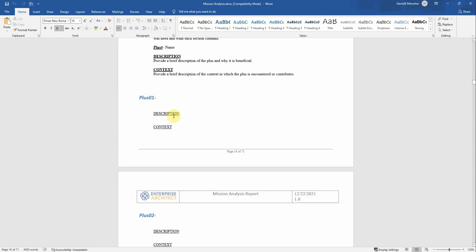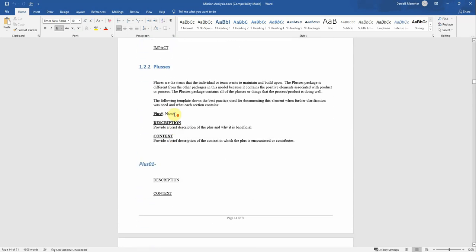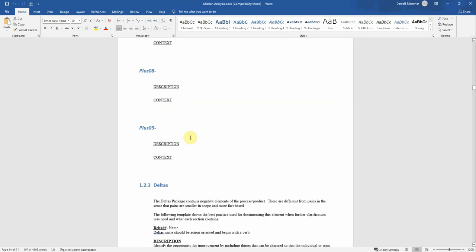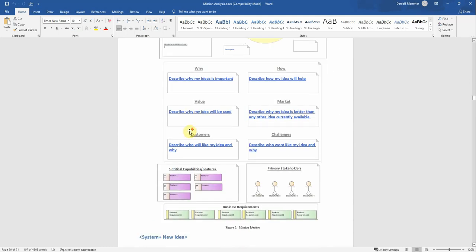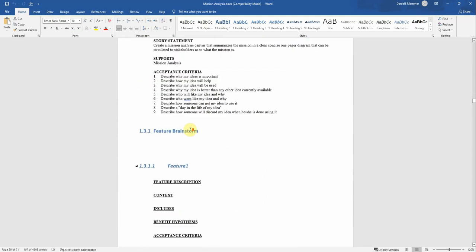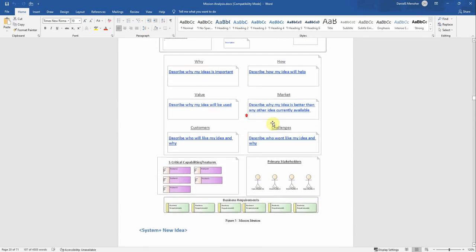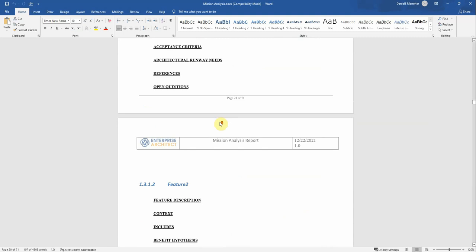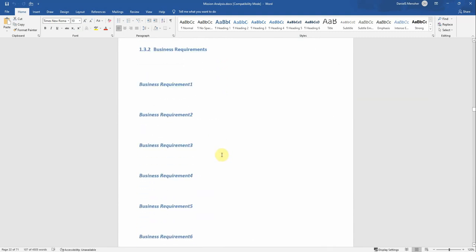Again, there's way too many pain points and pluses and deltas in here. There's also descriptions about how I fill it out, what I put in the description, what I put in the context. And so these models, the models and the model patterns have a lot of description. I'll probably go back and, as time allows, I'll make videos on how to complete each one of these, and maybe I'll do it with a concrete example. But this video right now is just to share some of the